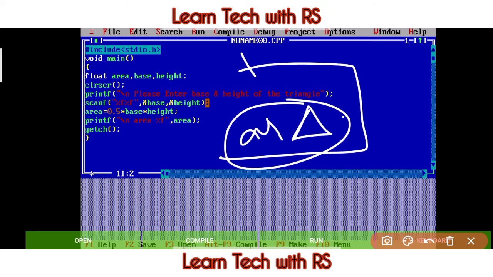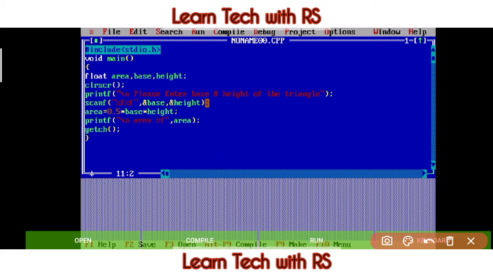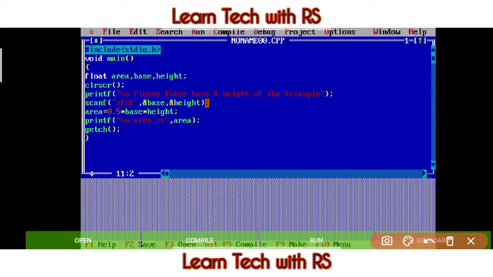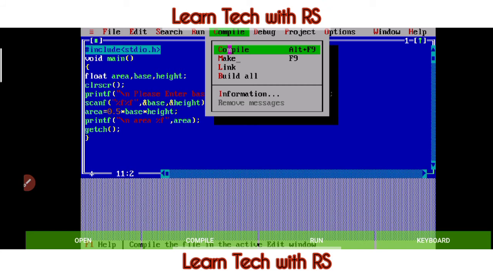Let's see if it gets compiled or not. Okay, for compilation we have to click on compile, or you can also click here, that is the compile button. Okay, so we will go here, because in computer we will get this only, we will not get this one. Okay, this one. So let's drag the cursor to compile, then click, then compile.